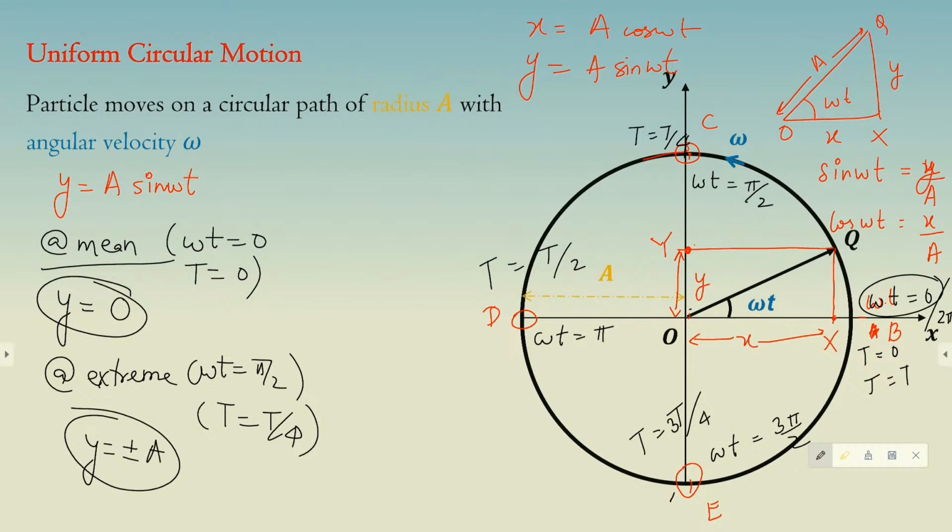Because in the case of x, I will take b and d as extreme, and I will take c and e as mean. So, when I write omega t as pi by 2, I will use it as mean position, where I have used extreme position here. So it will remain same, x will become equal to plus or minus a at extreme, x will become 0 at mean, because the mean points will change. I hope you are getting my point. It will be more clear when I go to the velocity equation.